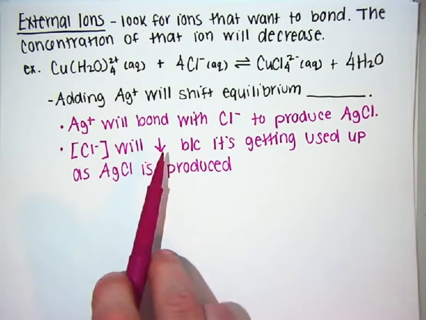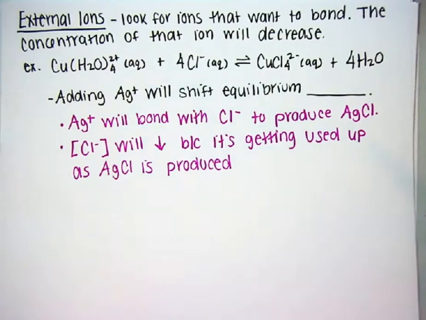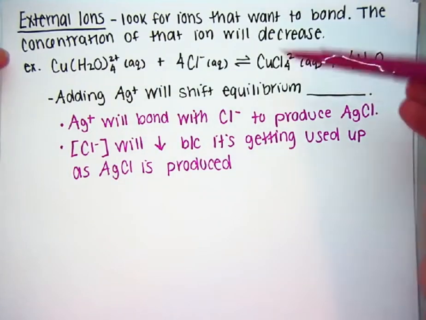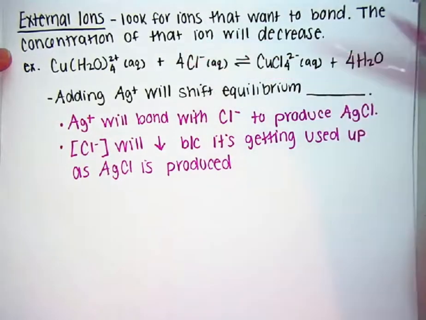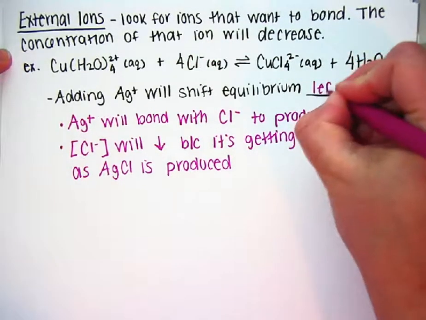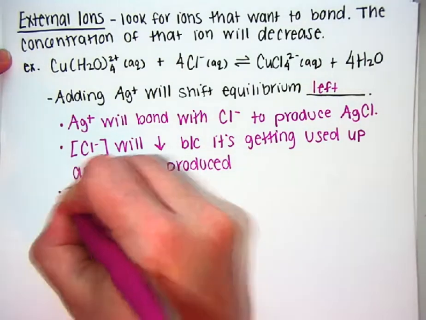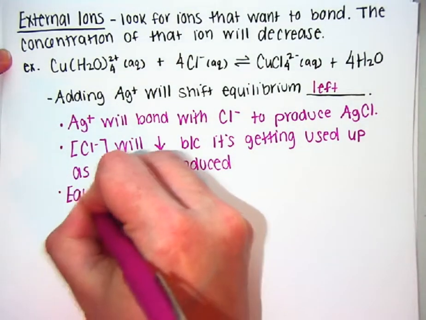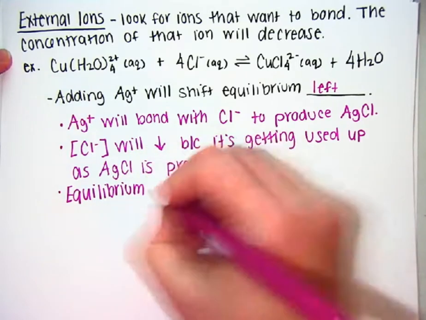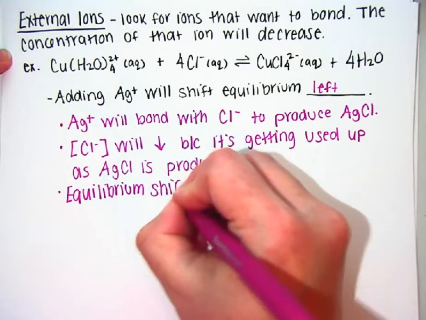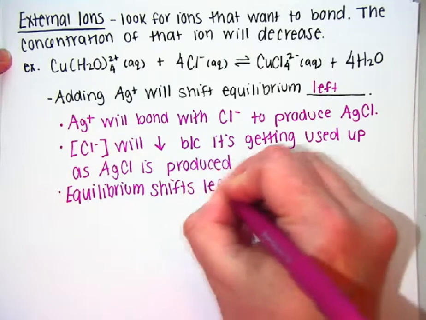Concentration of chloride will decrease. So how do I make more chloride? It needs to shift to the side where chloride is being produced. So equilibrium shifts left